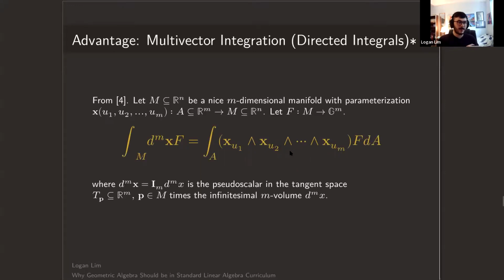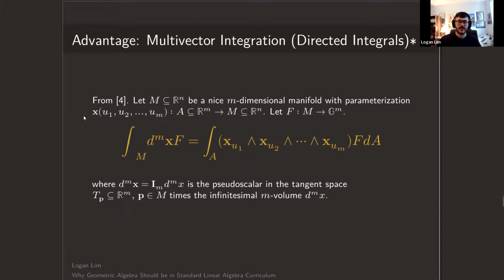And I have absolutely no time to explain all of this in detail. I'm basically giving you the "Snape kills you-know-who" of geometric algebra, so this is going to be very rough and fast. So multi-vector integration, directed integrals, things like line integrals, surface integrals, and higher dimensional analogs are all consequences of